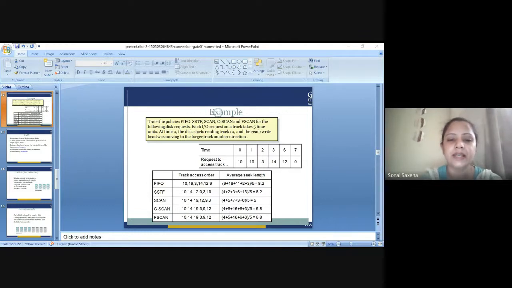Next, we have seen the scan disk scheduling algorithm. It is like an elevator, which is designed to visit floors that have people waiting. In general, an elevator moves from one extreme to the other, say the top of the building to the bottom, servicing requests as appropriate. The scan disk scheduling algorithm works in a similar way, except instead of moving up and down, the read-write heads move in toward the spindle, then out toward the platter edge, then back toward the spindle, and so forth.